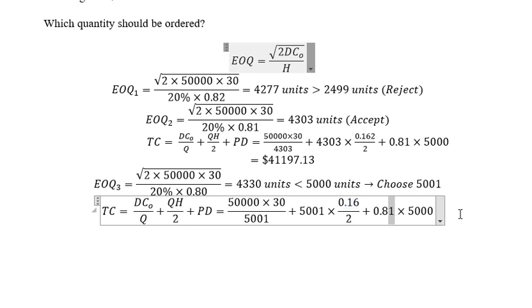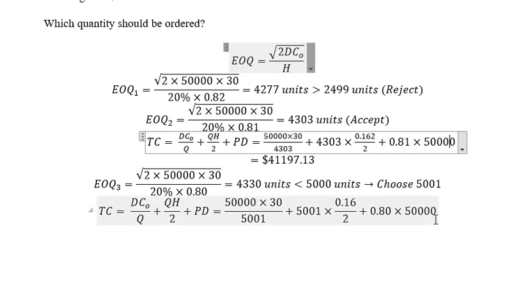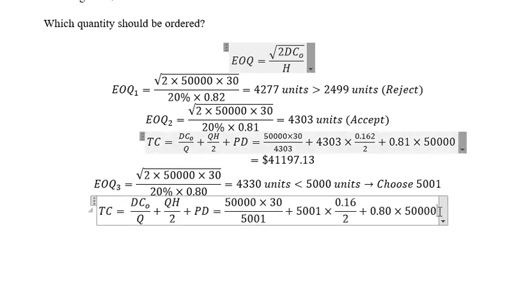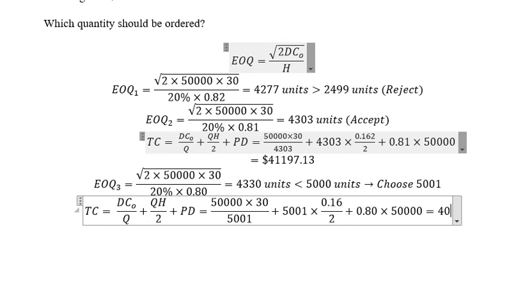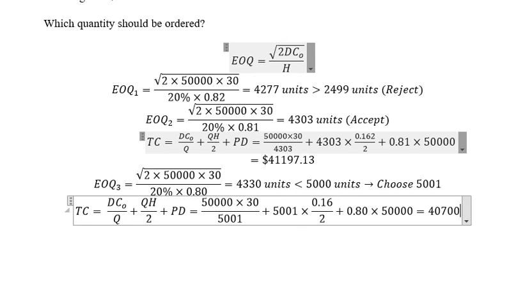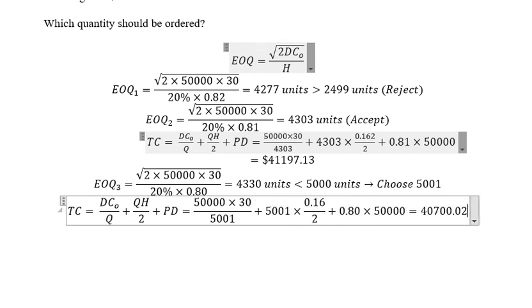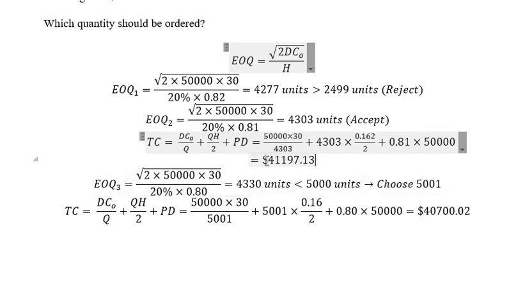This one change to 0.8. And we calculate that's about 40,702 US dollars. After we calculate that, this one is higher than this one, so we need to order